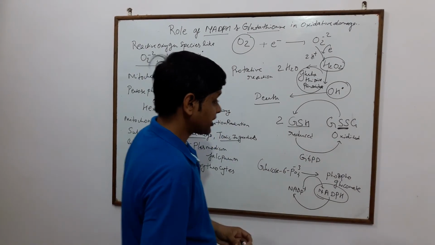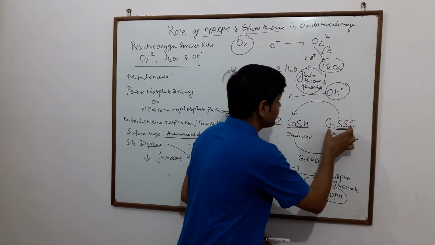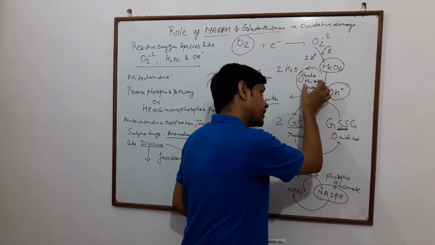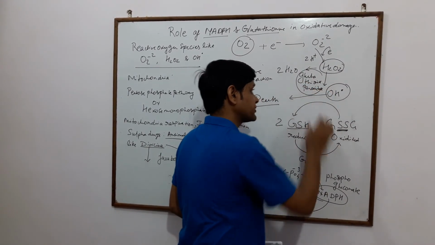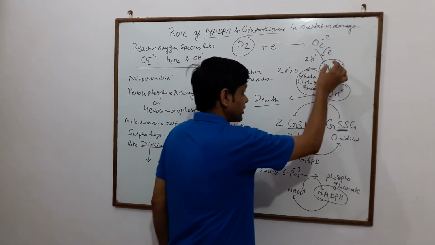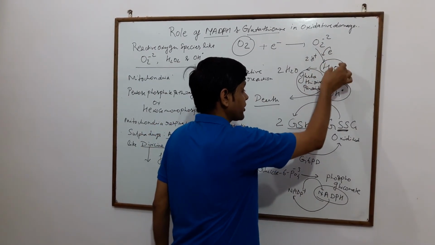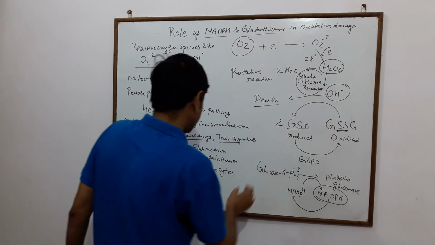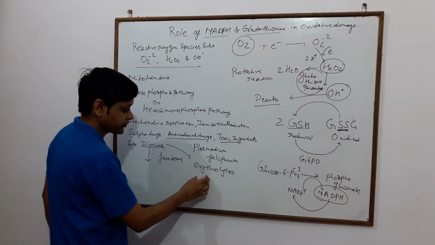That's why the sulfur atom exists, and this sulfur atom inactivates the enzyme glutathione peroxidase. That's why H2O2 that is produced from superoxide produces the ultimate killer and harms the cellular integrity of the erythrocytic